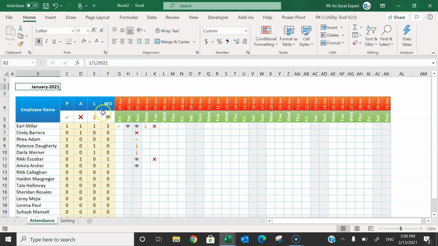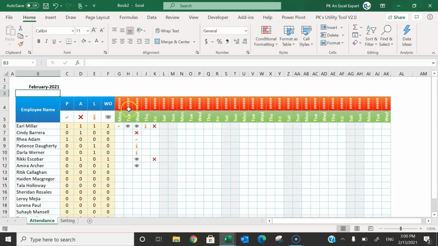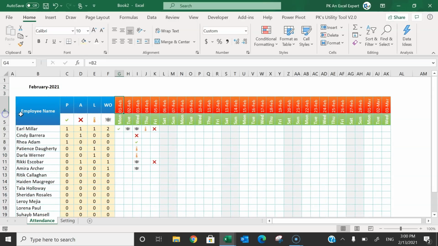And here friends, if I change, let's say, 1st Feb 2021, then you can see automatically it will take the Feb numbers here, but in the last it is showing the last 3 dates for March. So what we can do, we can take some other dynamic formula, and that is, let me cut this first.